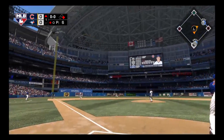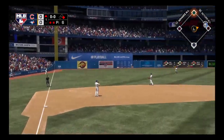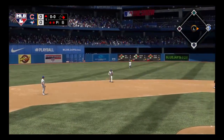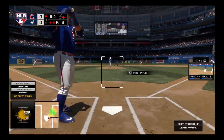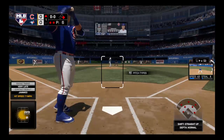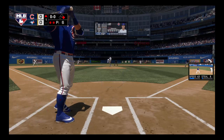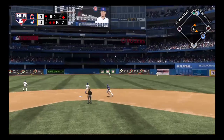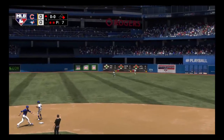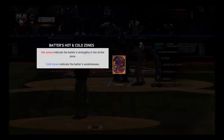Here it comes. Lifted down the line in left. Hernandez is in pursuit. He tracks it down and makes the play to record the second out. So it's a runner at first with 2 gone. And into bat next, the versatile weapon Javier Baez. Ready to deliver. Here's the first pitch. Swinging, a ball lifted into straightaway center. Pilar will reach out with one hand to make the catch on the move, and striding in to Oscar